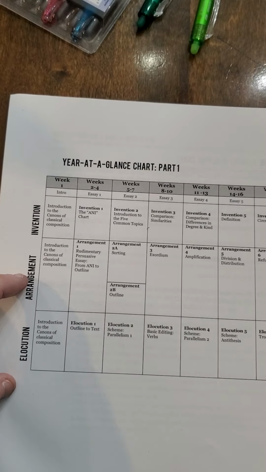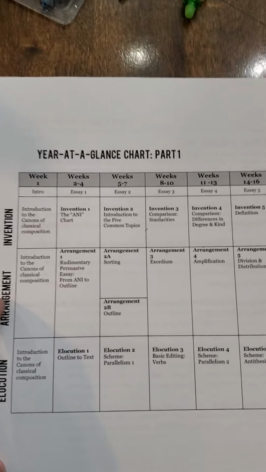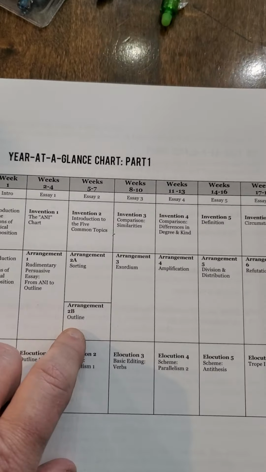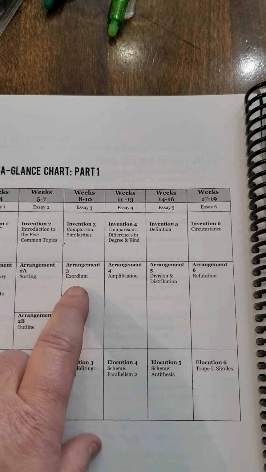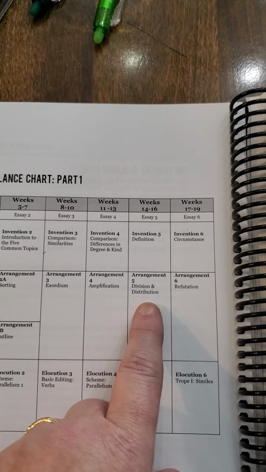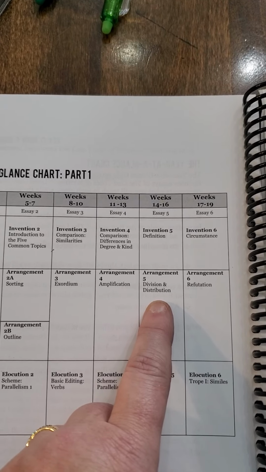Then you come down to our arrangement weeks. So during the arrangement weeks, this is what we've done. We talked about sorting and how to create an outline. We added in an exordium. We added in amplification. And then for Essay 5, which is our second go around with Essay 5, it